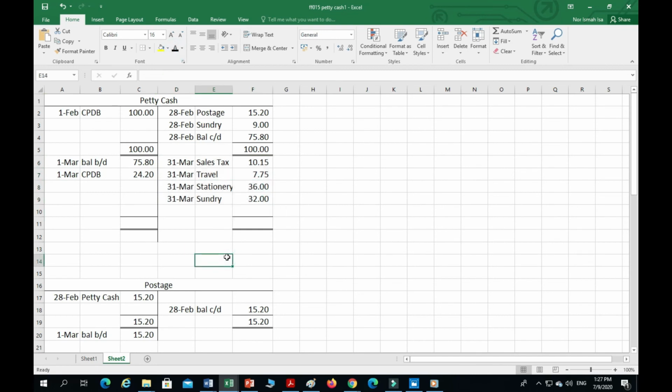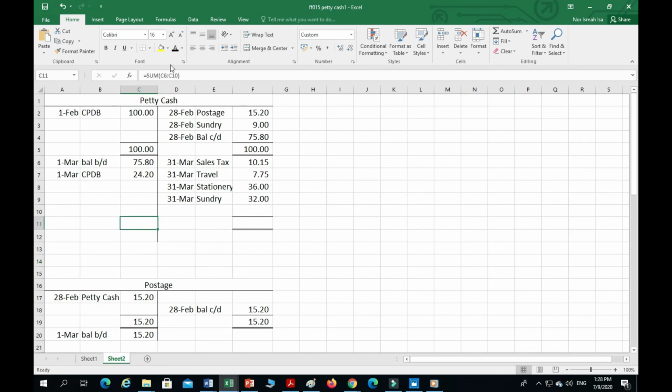So this is all the column part that has been posted here. Sales tax 10.15, travel 7.75, and stationery 36, and sundry